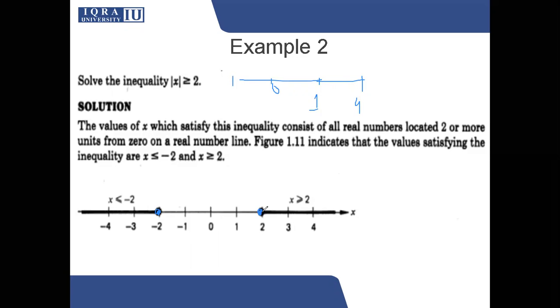So all the values to the right side of plus 2 and all the values to the left side of minus 2, all these values have a distance greater than 2 from the number 0, right? So the answer in this case is x is either less than or equal to minus 2, or x is greater than or equal to 2. Okay,